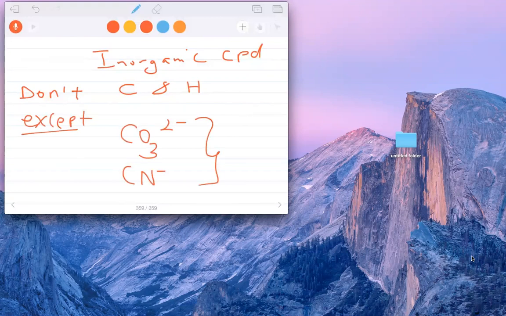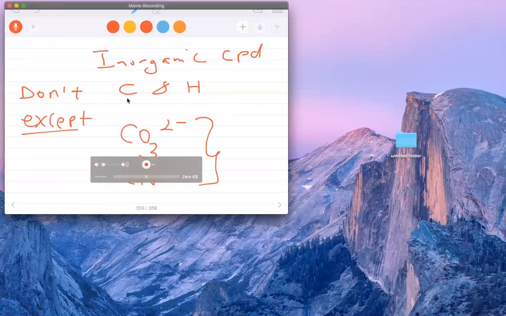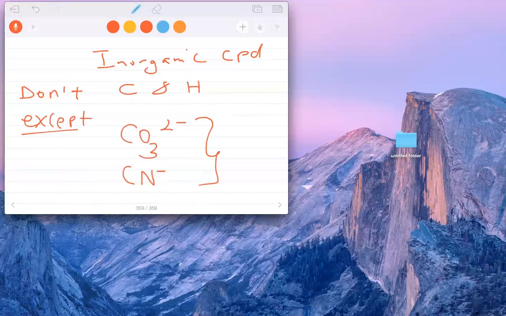You're going to see that in hydrocarbons. There is a branch of chemistry which deals with compounds which only contain the element carbon and hydrogen. We call that organic chemistry. So